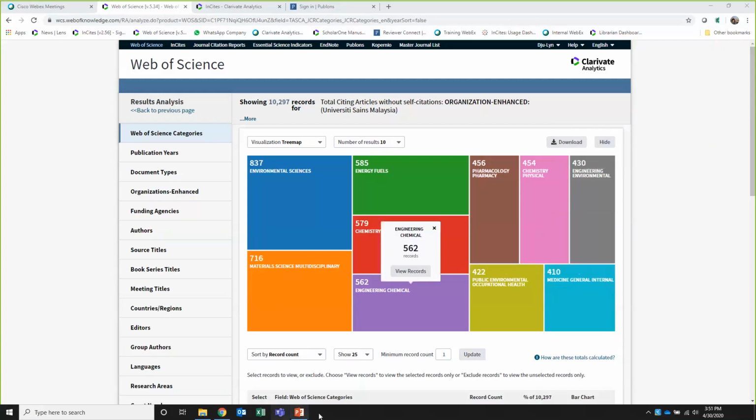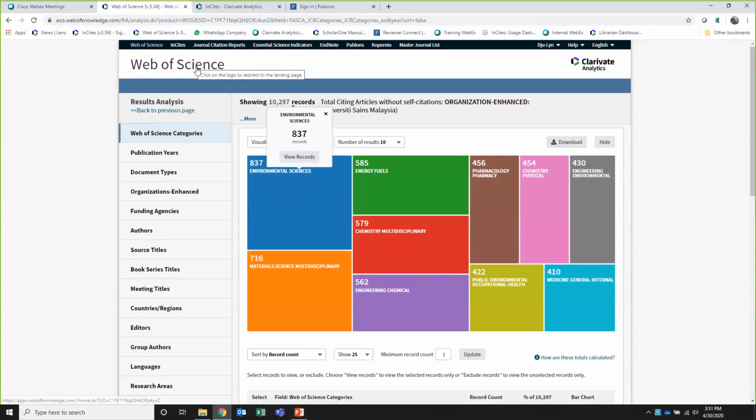So I've showed you these 2 methods of identifying potential collaborators. The next thing that I want to advise all of you to do is, because now that you have access to Web of Science for the next month, try and claim your record in Web of Science. So meaning, if you have already published a paper that is indexed in Web of Science, claim those papers under your name. So how do you do that? Under Web of Science itself,